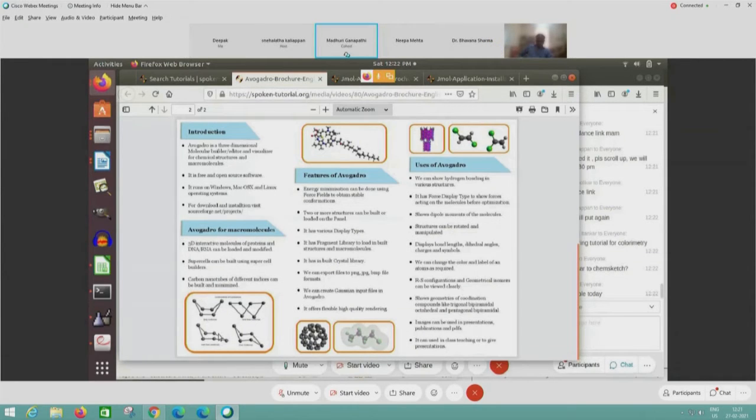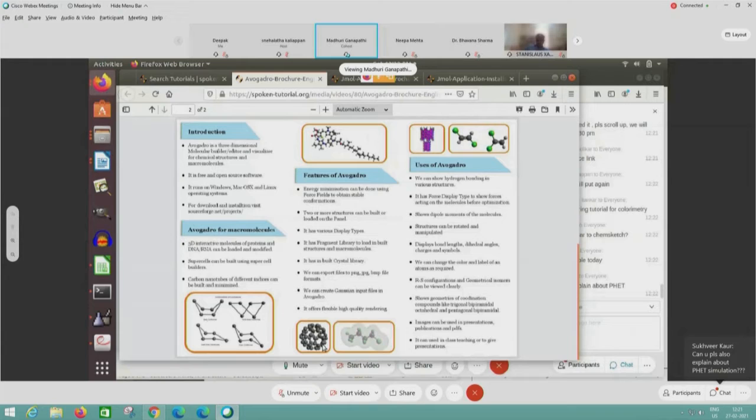There's a picture showing that we can show different forms of cyclohexane: chair, boat, half chair, twist boat. So we can do these transformations in Avogadro, and we can also load bigger structures like C60. We can do flexible rendering, and then also show side by side. We can show two structures again. Here we can also show geometrical isomerism in JMOL. Here is the structure in geometrical isomerism, cis-trans mechanism, and then we can also show nanotubes. This is the carbon nanotube shown using Avogadro.